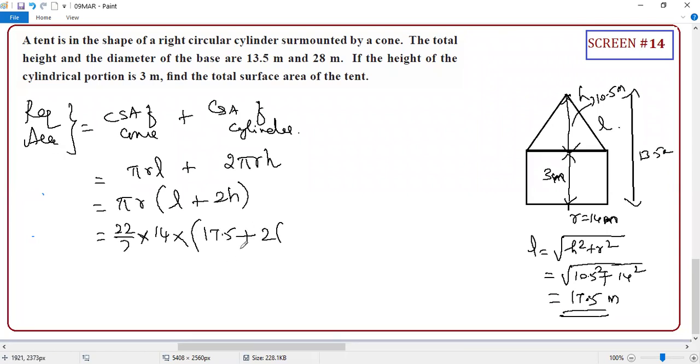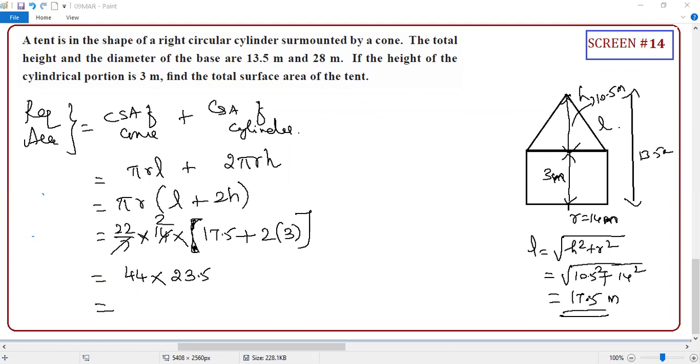Now the second one, H is what? Guys, again, whether it is this H or this total, how to confirm? Very simple. Go reversely. This is H. This H is what? Cylindrical height. So the H is 3. That is 3. Very important. A small careless mistake and you lose your centum. So 2, guys, 22 by 7 into 2 is 44 by 7. 2 into 3 is 6. 6 plus 17.5. Simplify and tell me the answer. 23.5.